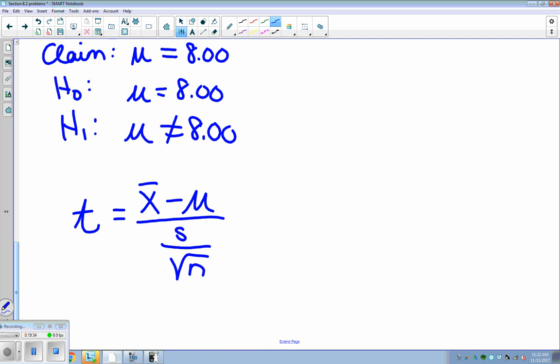I'm a little bit confused. So mu stands for, you said, population mean. That's what mu is. Mu is the population mean. So in this example, what is the sample average? 7.15. What is the population